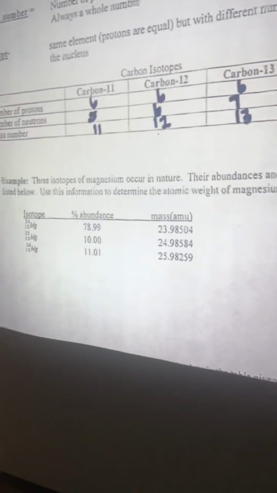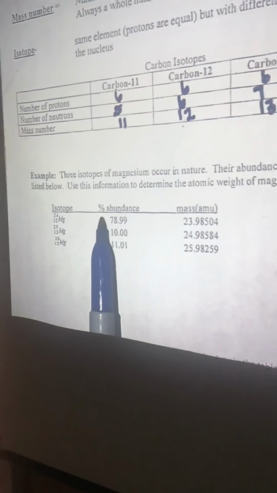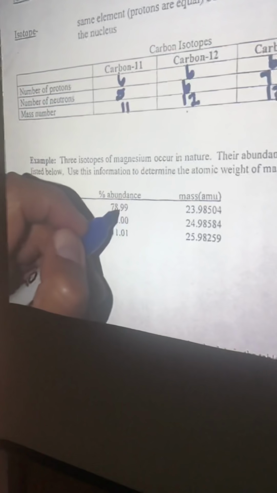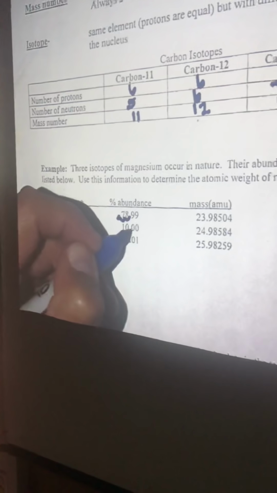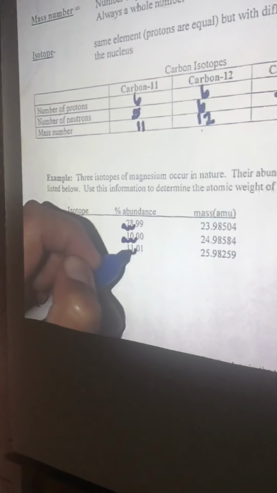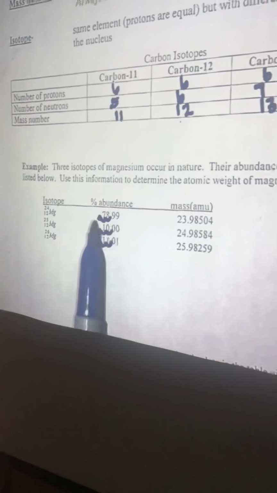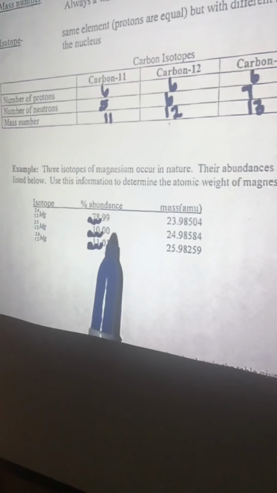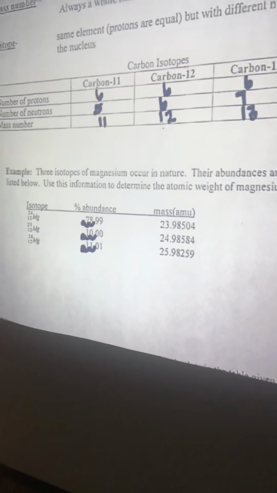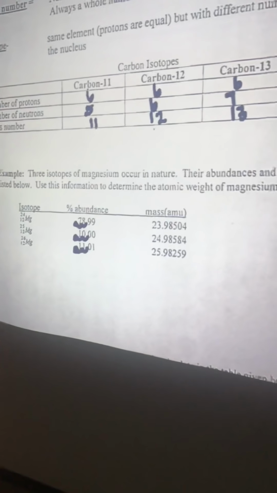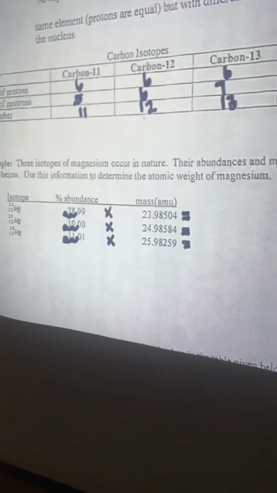Step 1, we're going to look at my percent abundance and move the decimal twice to the left in all of the percentages. Now, instead of 78.99, I have 0.7899, and so on. Step 2, I'm going to multiply my percent abundance by the mass of each isotope. I took the liberty of multiplying it to make it faster, so I'm just going to give you the answers. When you multiply these two, you get